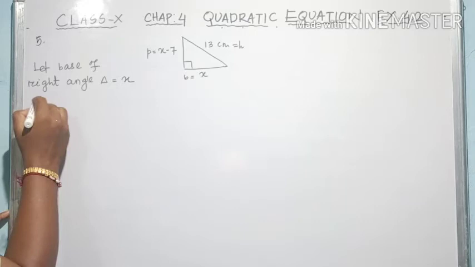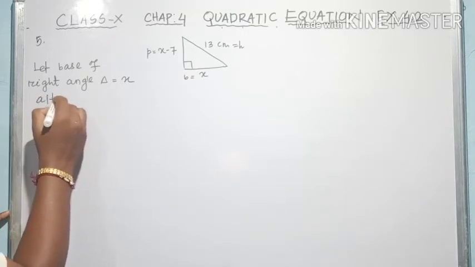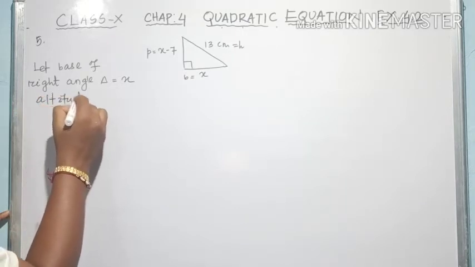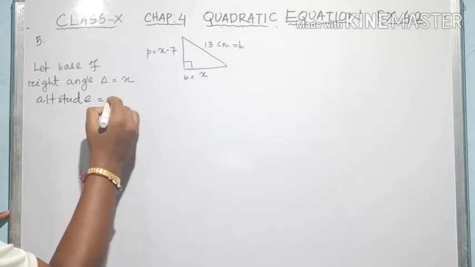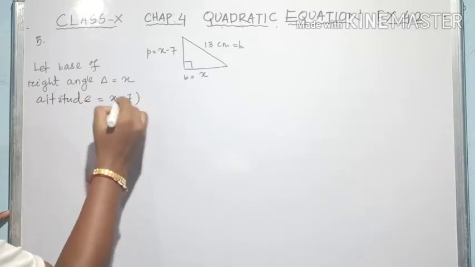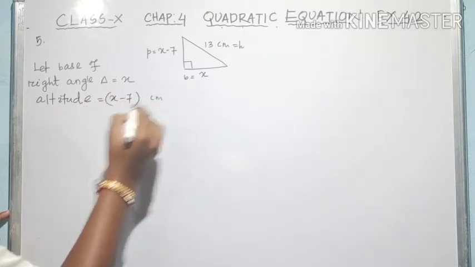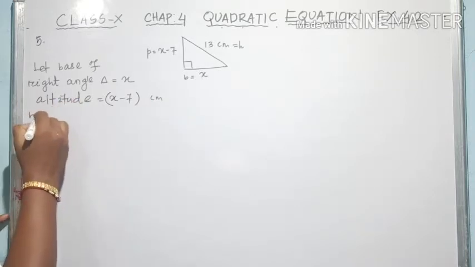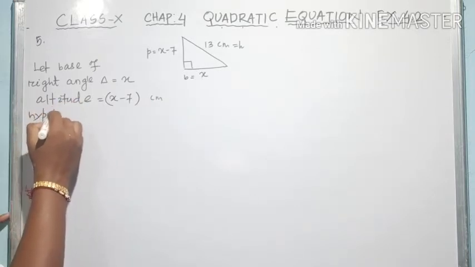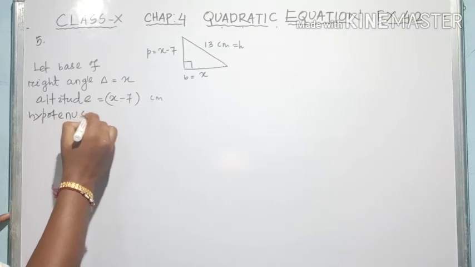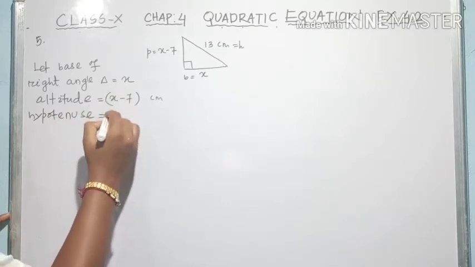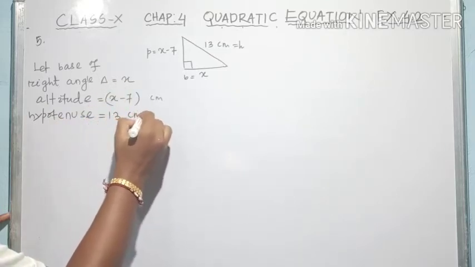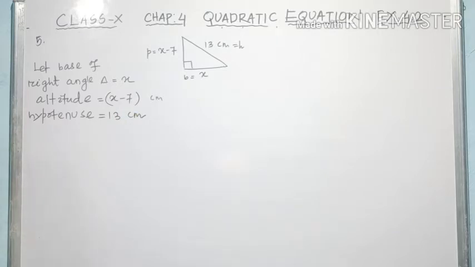Then its altitude will be x minus 7 cm. Hypotenuse is given as 13 cm. By using Pythagoras theorem,